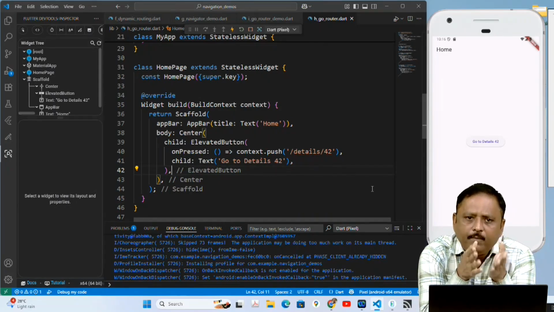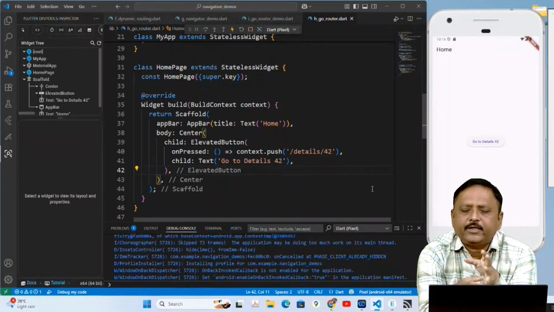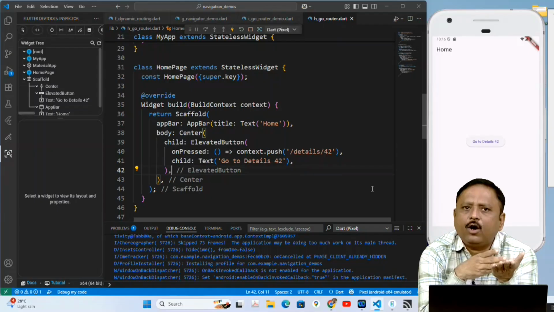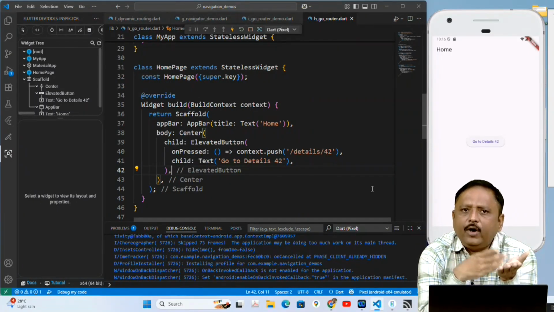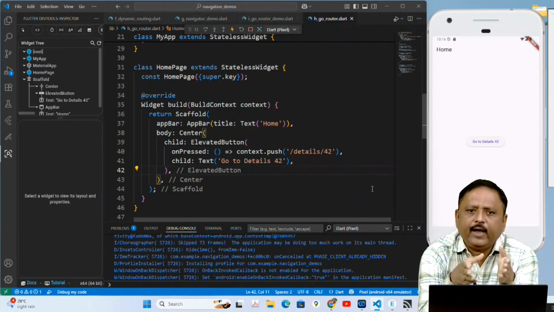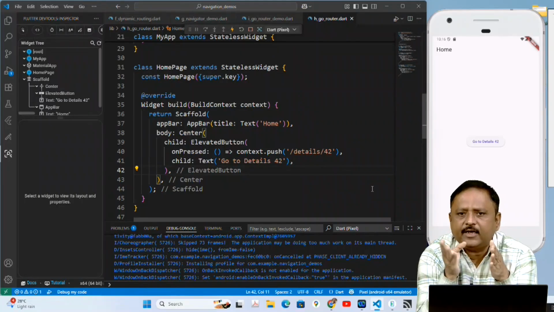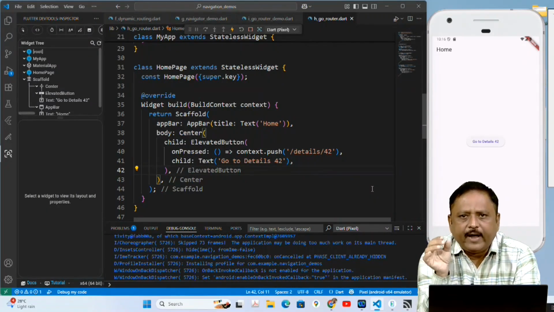So here in onPressed we write context.push. Instead of Navigator.pushNamed, we use context.push to open any page and pass an argument. So here I write slash detail slash 42. 42 is my argument and slash detail is my page, and its text is go to detail 42.